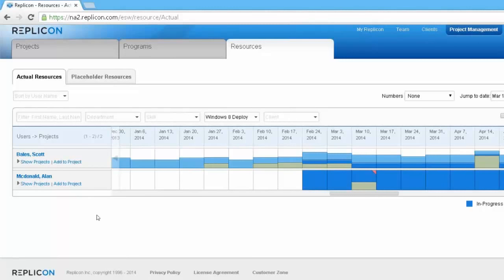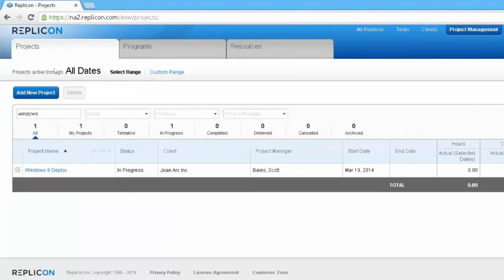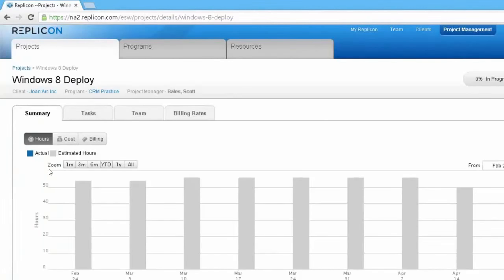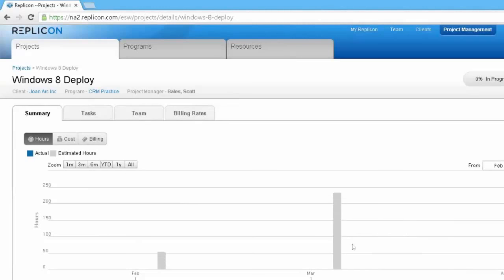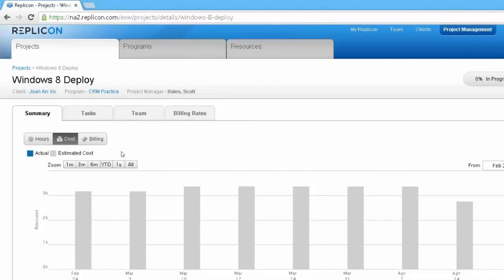Okay. Now, all of this data is great. It lets you see all of the things I've indicated indefinitely into the future, helping you understand utilization. All of this data is also doing something else. It's giving you user-level estimates over time. And that's valuable because if I go back to projects and drill down now into the project, what you're going to see is now I can see estimates of hours over, in this case, weeks. I can look at this monthly, and I can understand how my hours are going to ramp up for this project. I can compare costs on this project and see how my costs are going to fluctuate over time. And if I had defined billing rates in this solution, we could also see and forecast our revenue with regard